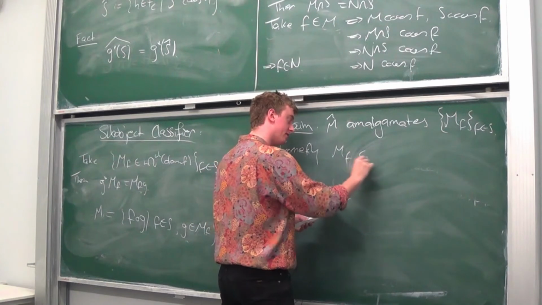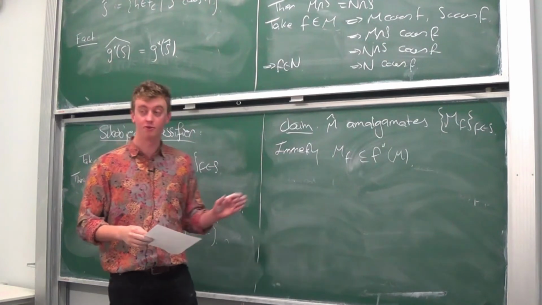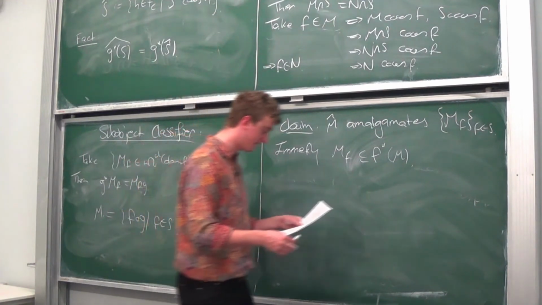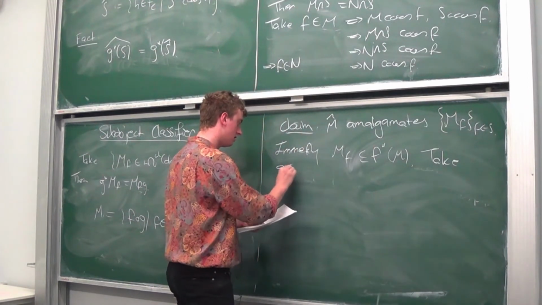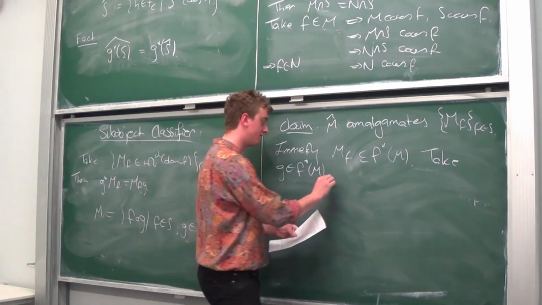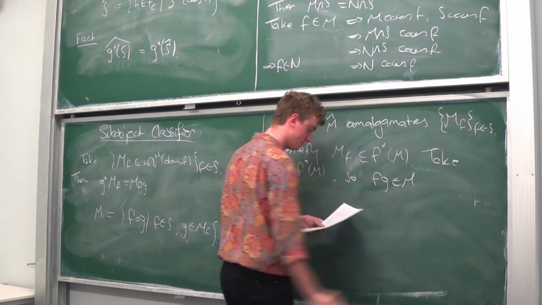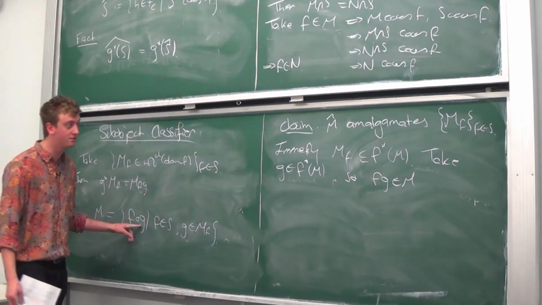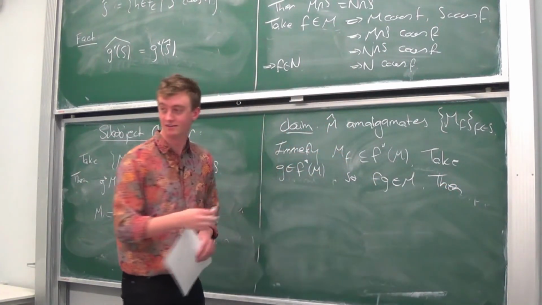M_f is inside the pullback of M. What we're going to do is we're going to show the other direction, and then we're going to use that closures and pullbacks commute. So take g in the pullback of M by f. So in other words, f after g was just in M. Then by the definition of M, since M is given by the compositions of these two elements,